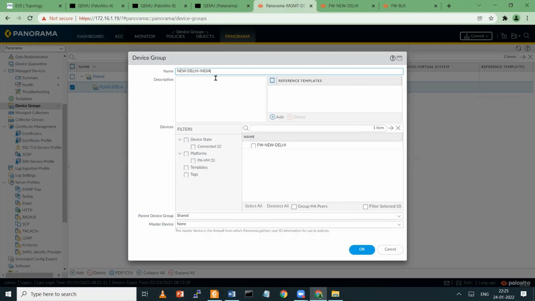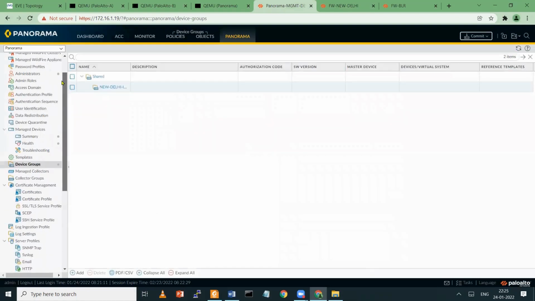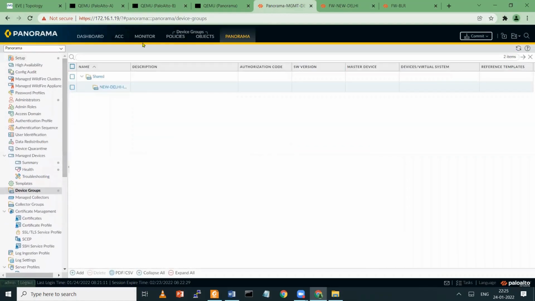New Delhi, India, I'm saying. So New Delhi, India, this is my group. And it's my device name, which is New Delhi firewall, and say okay. See, now it looks good. We have the device group.